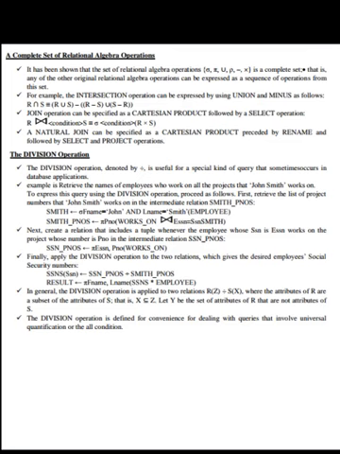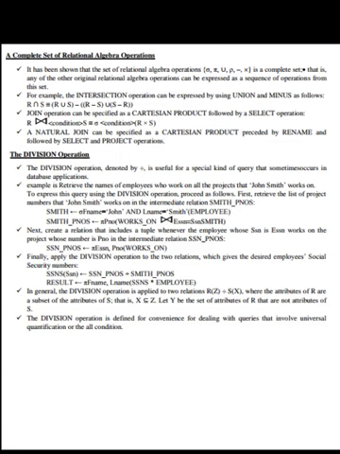In general, the division operation is applied to two relations R(Z) divided by S(X), where the attributes of S are a subset of the attributes of R, that is, see here. Let Y be the set of attributes of R that are not attributes of S. The division operation is defined for convenience for dealing with queries that involve universal qualification or the all condition.